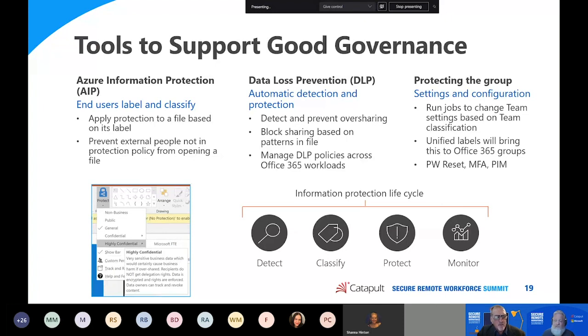Now, for those of you who have Microsoft 365 or Office 365, or are planning to move to it, as you contemplate those things, by the way, the data storage side in Teams is OneDrive and SharePoint, and it's traditional data.